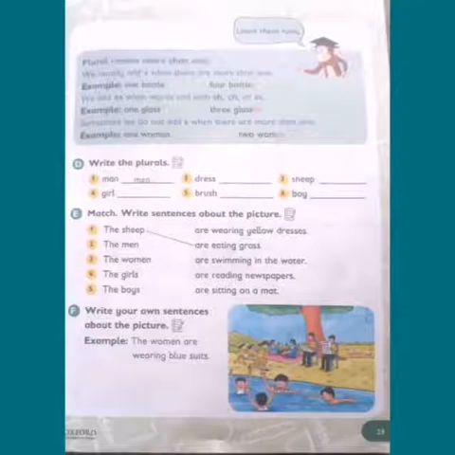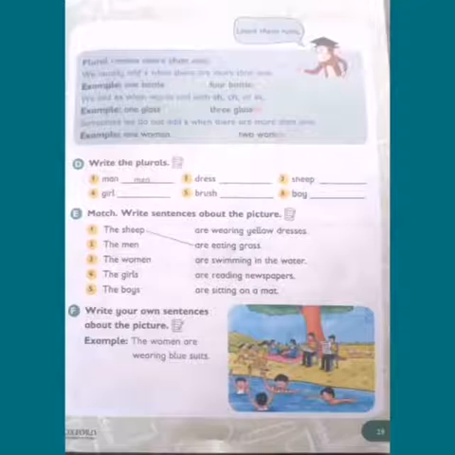Plural means more than one, okay? Plural means a thing which is in more numbers than one. If we add more than one thing, it becomes plural. Two things, three things, or more than two, three, and so on. So we usually add s when there are more than one thing.